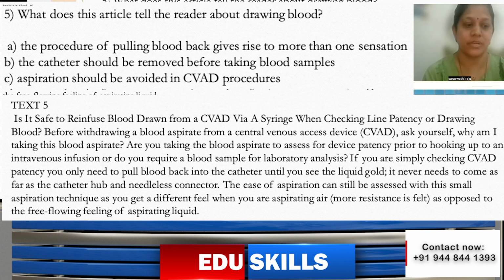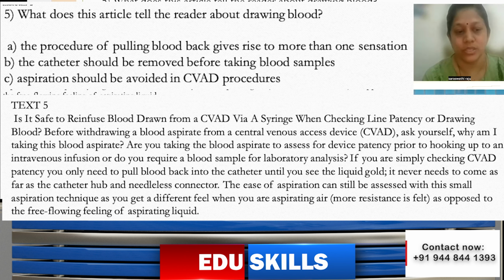Before withdrawing a blood aspirate from a central venous access device, ask yourself, why am I taking this blood aspirate? Are you taking the blood aspirate to assess for device patency prior to hooking up any intravenous infusion, or do you require a blood sample for laboratory analysis? If you are simply checking CVAD patency, you only need to pull blood back into the catheter until you see